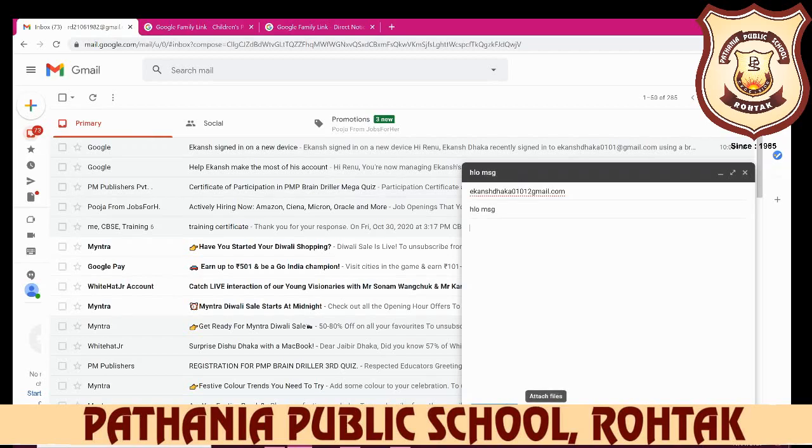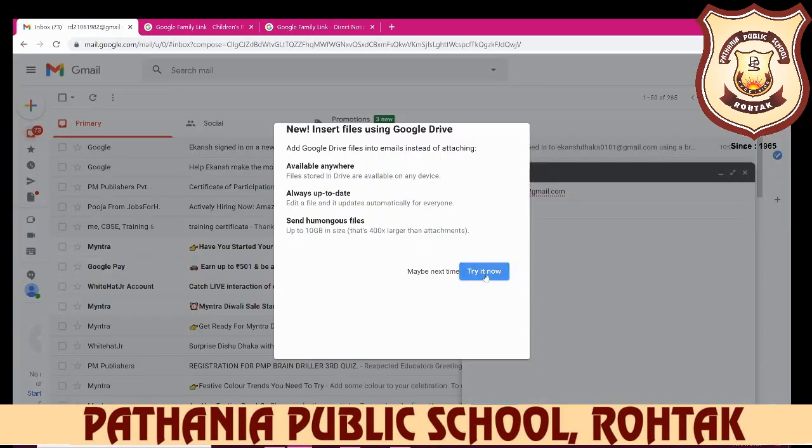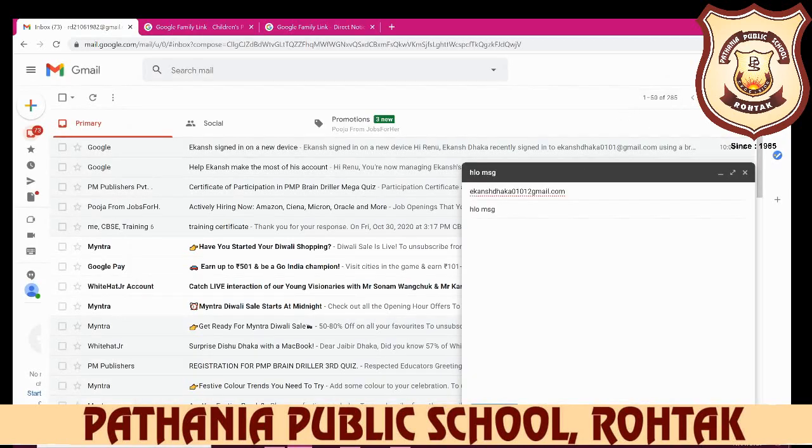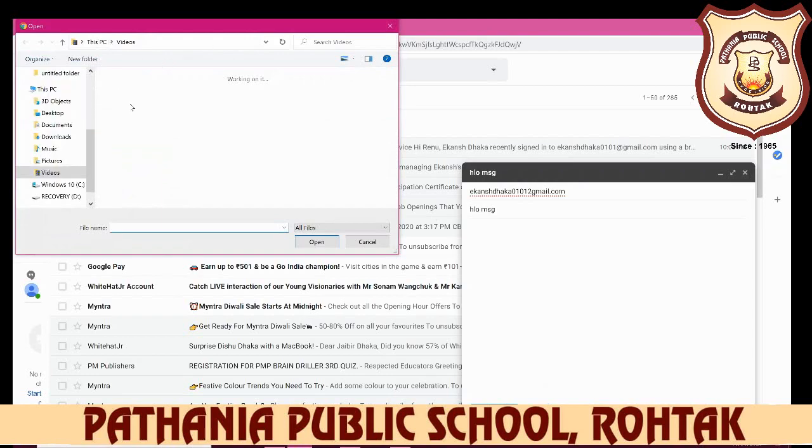After that, how to send a file, your document. So click on the attach file, and after attaching file, a new insert Google Drive. Okay, after clicking on this attachment, your file will be opened and you can select any file from your computer like this.